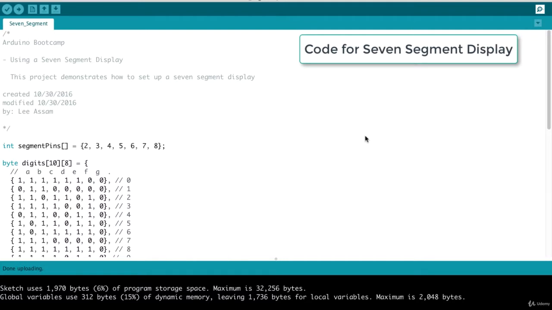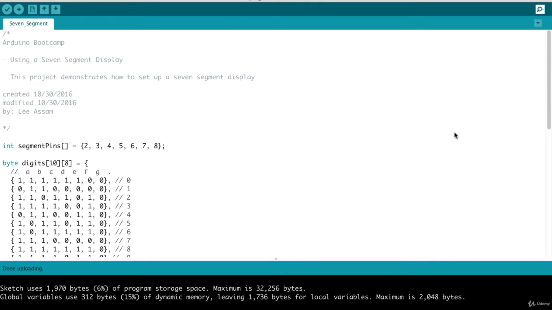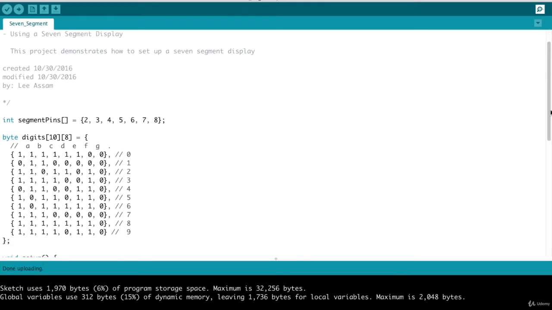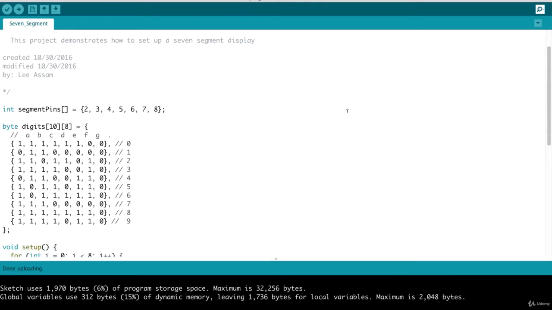Alright, let's take a look at the code for our 7-segment display. At the beginning is where perhaps the magic happens. We have two arrays that we define. The first is the segment pins, and this is the order that we connect the pins to the Arduino from the 7-segment display. Next, we have a byte array, that's the digits, and you'll notice that the array consists of